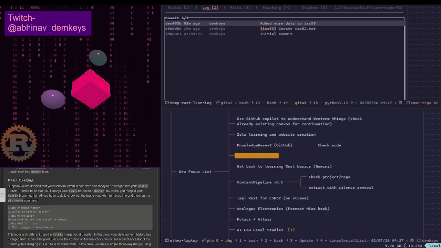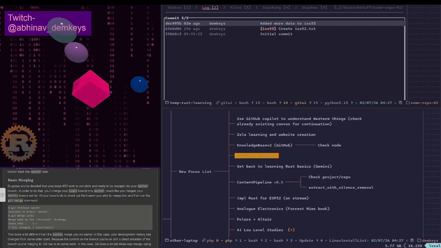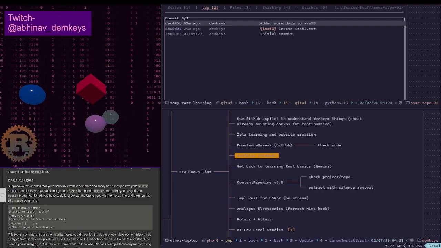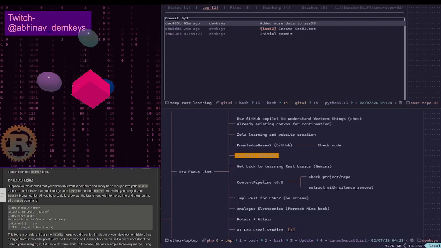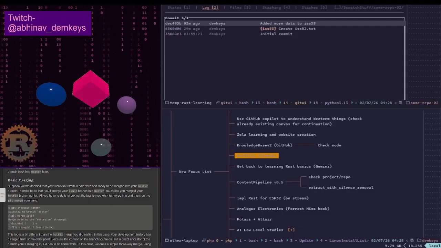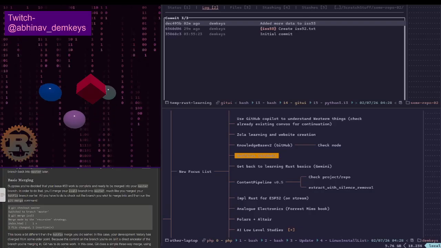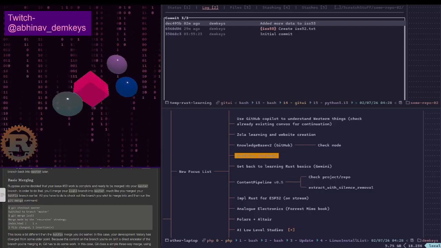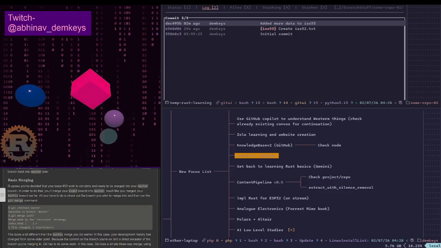Then we have the dot files thing. Dot files should be relatively simple. I'm creating a system that's going to read a toml file. In the toml file, I'll specify either files or directories, and actually both.